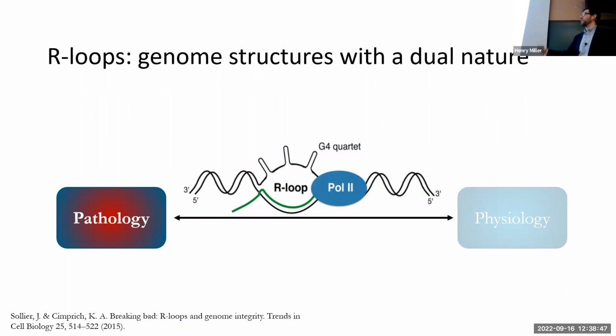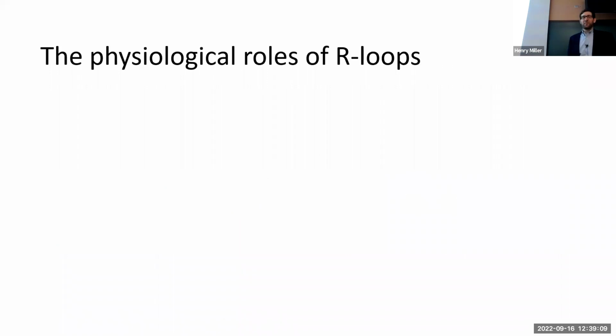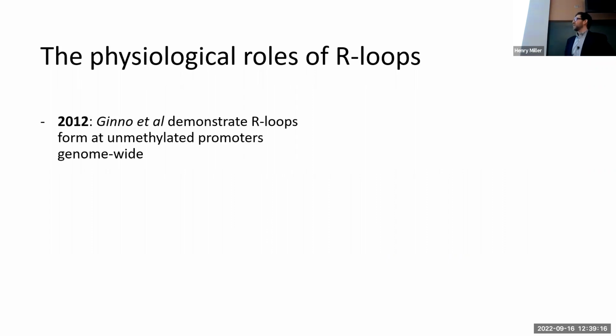However, as I've already alluded to, the pathological formation of R loops is typically promoted by these sort of artificial gene knockouts or knockdowns. It doesn't tell us as much about what R loops are doing under normal basal conditions. And so for that, we jump here to the physiological context of R loops. Now, this came about because of the pioneering work of my external committee member, Dr. Frederick Chedin. And in his 2012 study, he showed using a technique called R loop mapping, which I will get into a little bit later on,